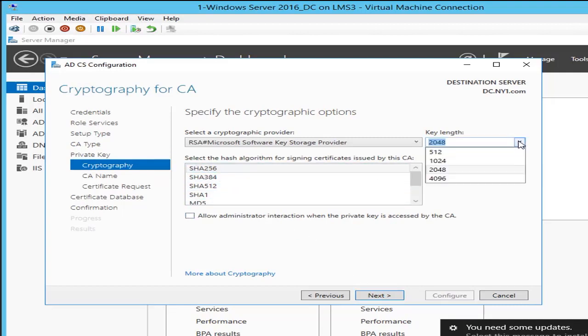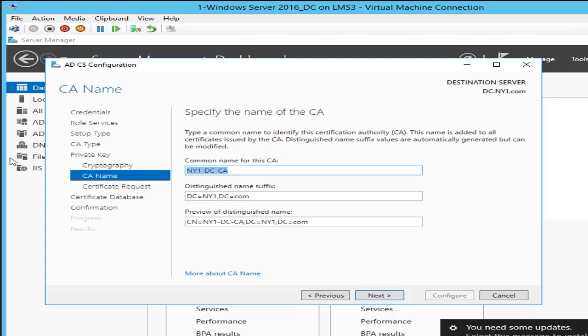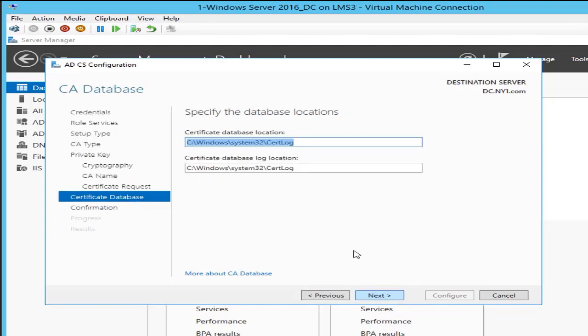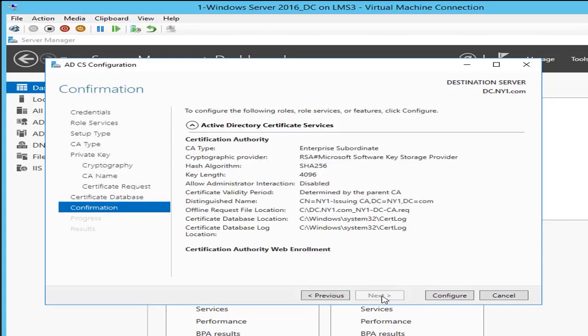Again, same location. Key length you can increase or decrease. I would say 4096 is the highest key length encryption, so you can use that one. This is your common name. I'm adding issuing CA with my domain name, so in this way it will be easy for me to remember. Now this is a certificate request file, which will be used later on when we issue a certificate to this server. We will request a certificate from our standalone root CA, but not in this video, that will be a part of the certificate